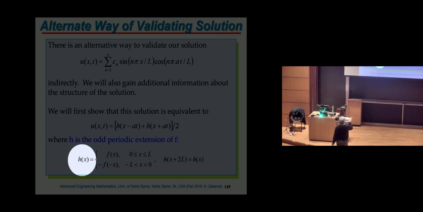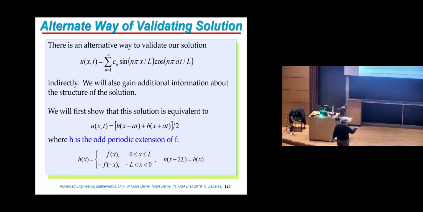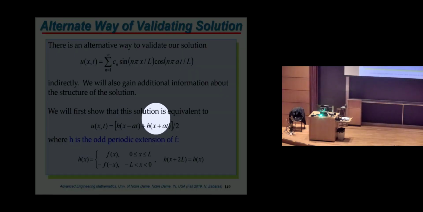And if h has second derivatives continuously, then u has second derivatives, and then the differential equation is satisfied, nothing to worry about it, okay? So this will actually be sort of a more elegant way to get a solution to the wave equation. But look at it, right? It is not obvious. I'm just telling you the solution to the wave equation is 1/2 of h at x minus at and x plus at, where you have changed variables, and h of x is an odd periodic